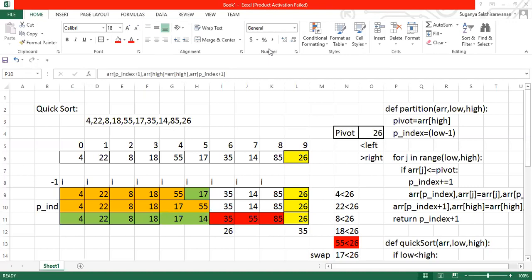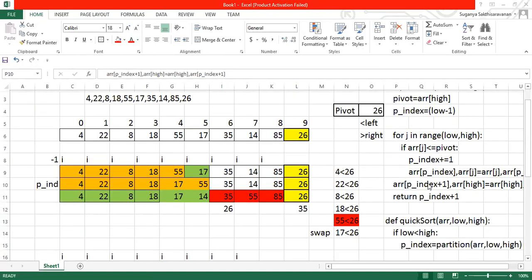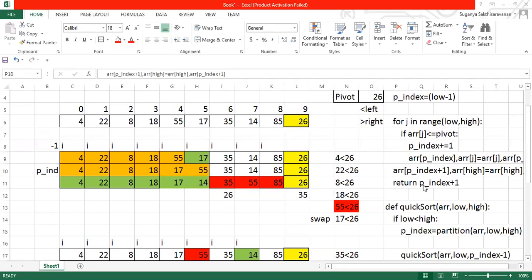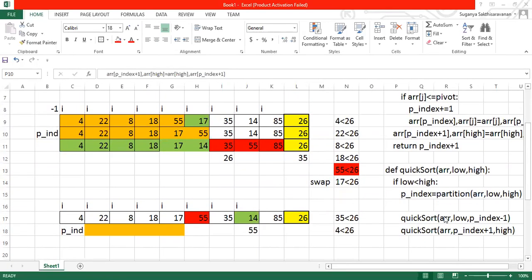This is the flow of it. So for a few iterations, you will find that the same index value is swapped with itself. So whenever there is a mismatch, then the swap is going to happen. And this process is going to repeat for your left array and right array again. So after this is done, you can notice that it will throw your p index to the back of your quick sort, and this process is going to take place from 0, so this is your 0th position, right?